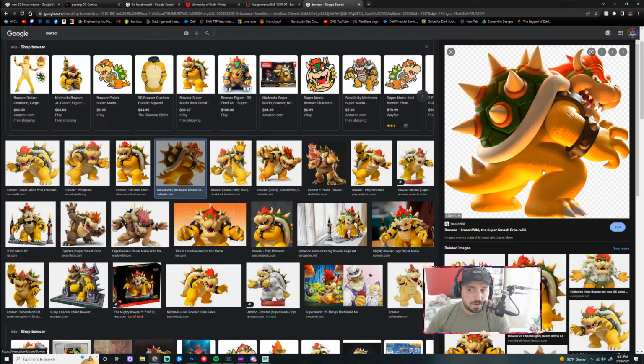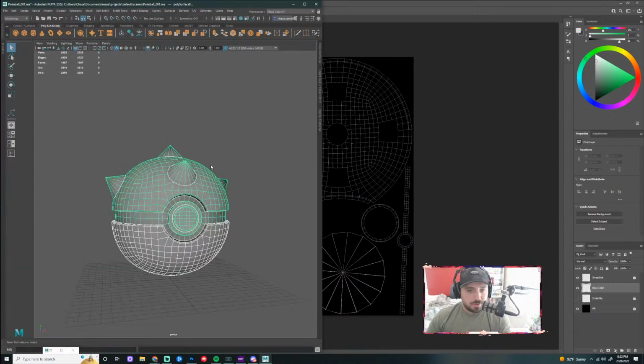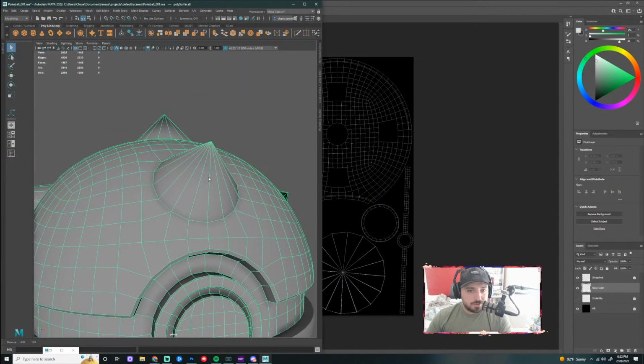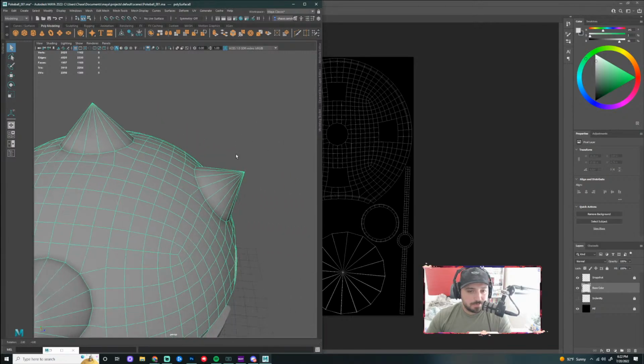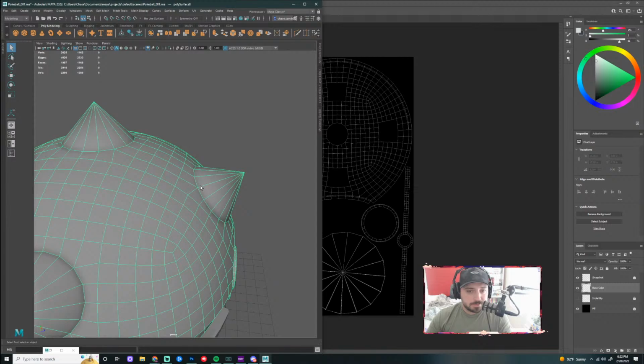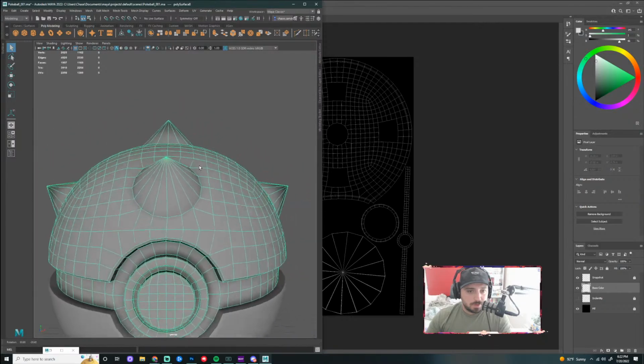But looking at this, I might want to do a little bit more to this in order to make it look like that, but we could take a look real quick. It could be kind of fun to do something where I may add a little bit more geometry in here or something to do this. But we could also just paint it.